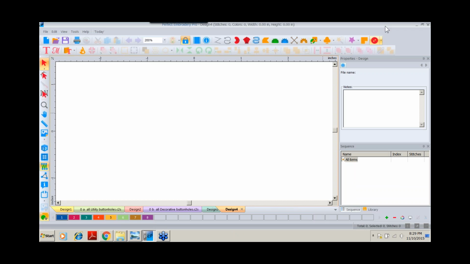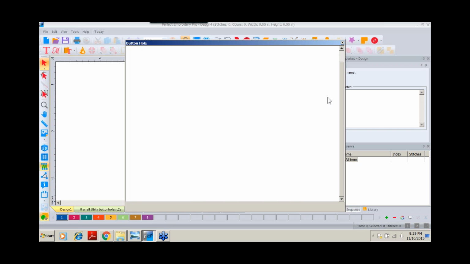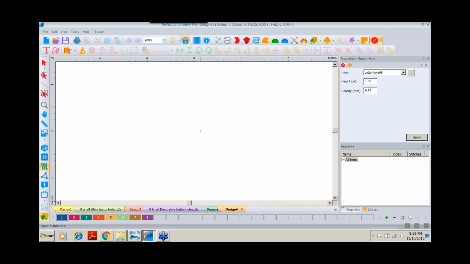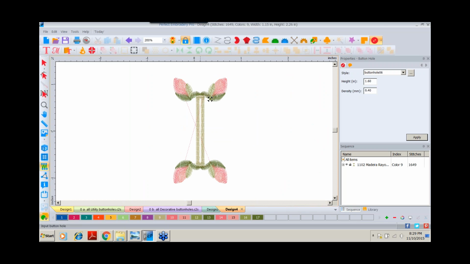I'm going to start with a pretty buttonhole. This time we're going to use buttonhole 6, and I'll just go ahead and click on the screen and size it. We're going to use covered buttons, which are 1 1/8. Remember, we need to add that extra 1/8, so the slit will need to be 1.25. We will take a measurement here and measure in here, and the opening of that,